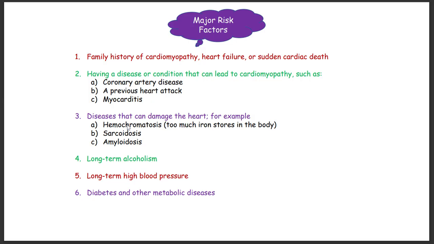For example, hemochromatosis. This is where I've got too much iron, like hemo, in the body. Sarcoidosis also, amyloidosis. This is where different types of proteins are deposited in the heart. Also, long-term alcoholism, long-term high blood pressure, diabetes, and other metabolic diseases. These can be risk factors for developing